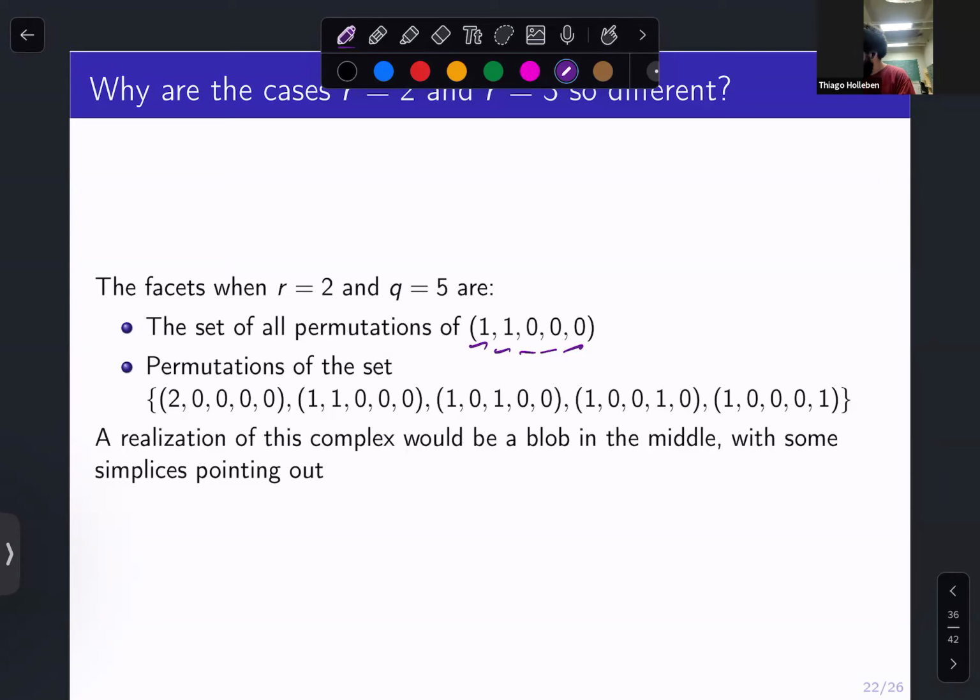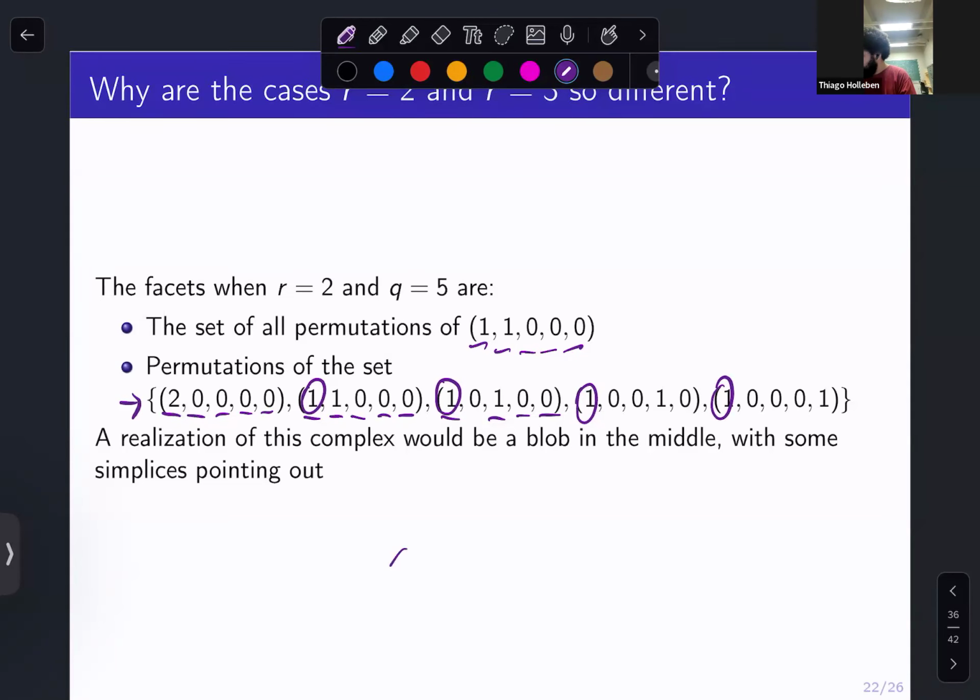The other one is: you take this set, so it's 2, 0, 0, 0, 0, and the vectors that only have ones and start with a 1. So this one has 1 here, 1 here, 1 here, and 1 here. Then you do the same procedure: you pick a permutation of 5 elements and apply the same permutation to all the elements in this set. That gives you all the facets of the second type. This set is one actual facet, but when you apply permutations you get other ones. It turns out, and this is a result of this other group that I mentioned, that these are all the facets.